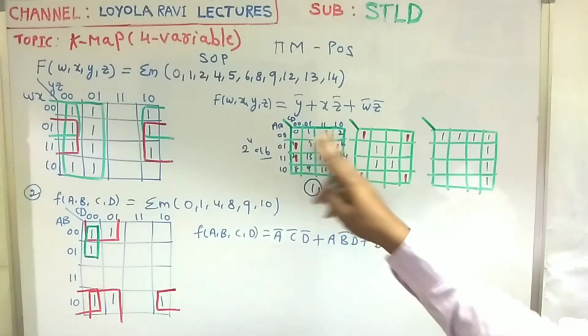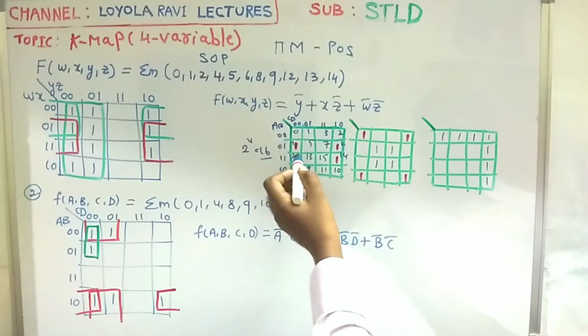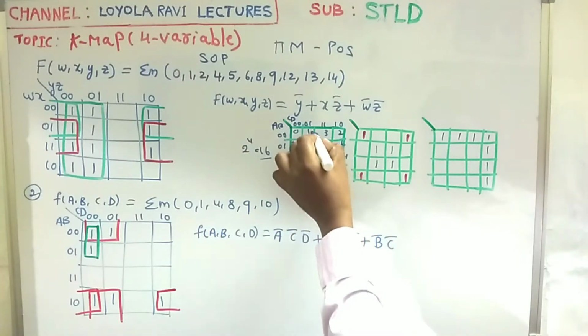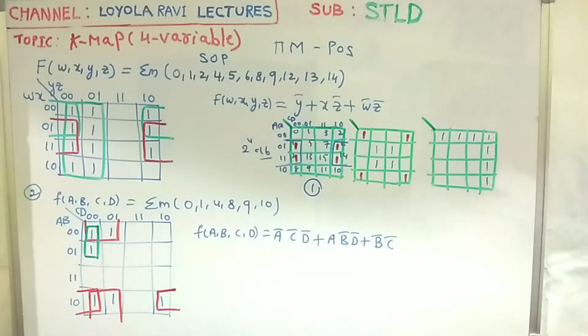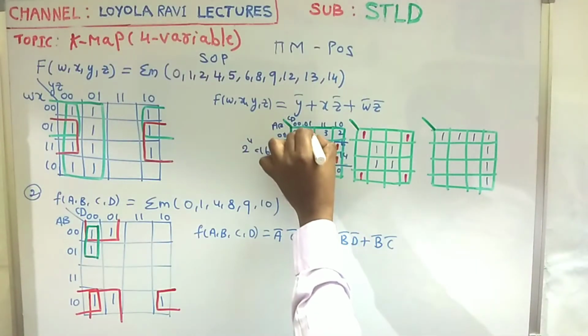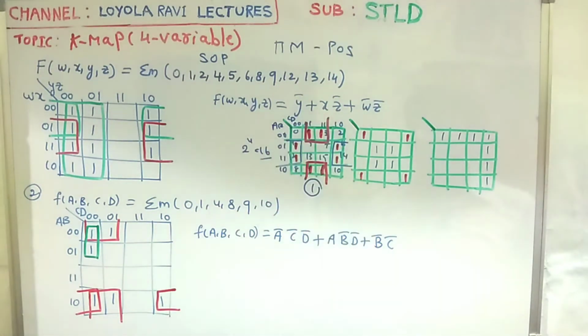For example, let us take this one as our 4 variable K-map. What are the possibilities of forming quads? Let us see here. For example, here 2 ones, here 2 ones, we have opposite ends. This is one quad. In the same manner, here we have ones in opposite edges. This is also forming another quad. I am explaining the possible quads first, then we will go for the pairs and single terms later.